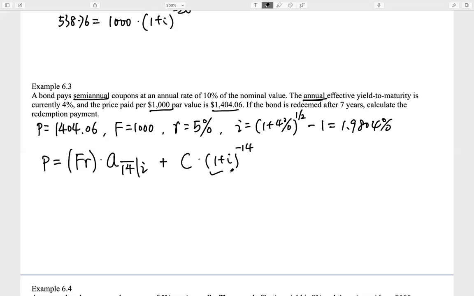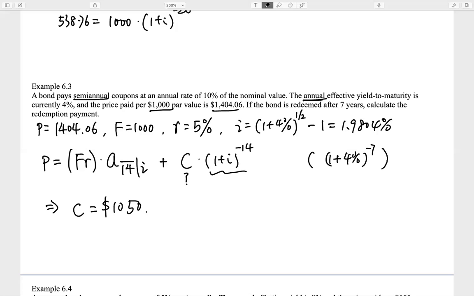Right? By the way, this is also the same as 1 plus 4% to the negative 7, right? That will save you time. Okay, so then we just need to do the calculation because we know everything except this C, right? So we can plug in the values, do the computation. We will get C is